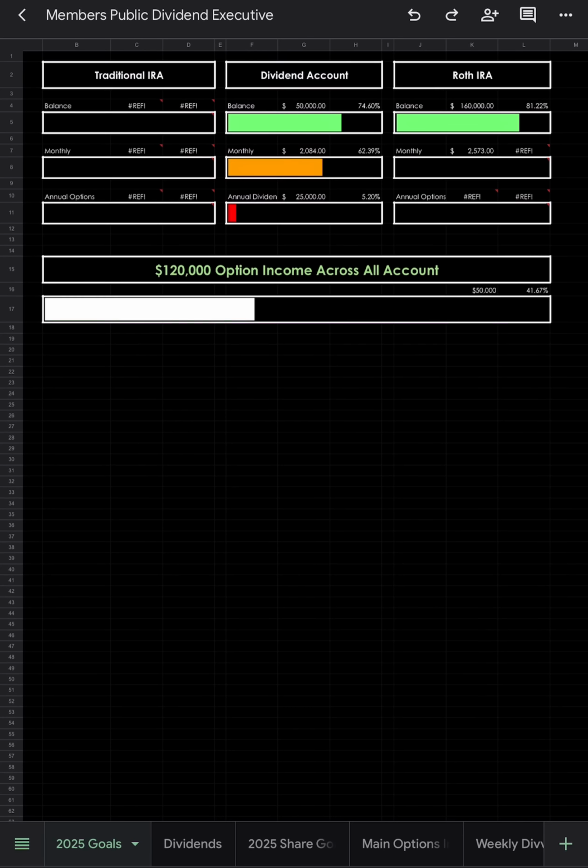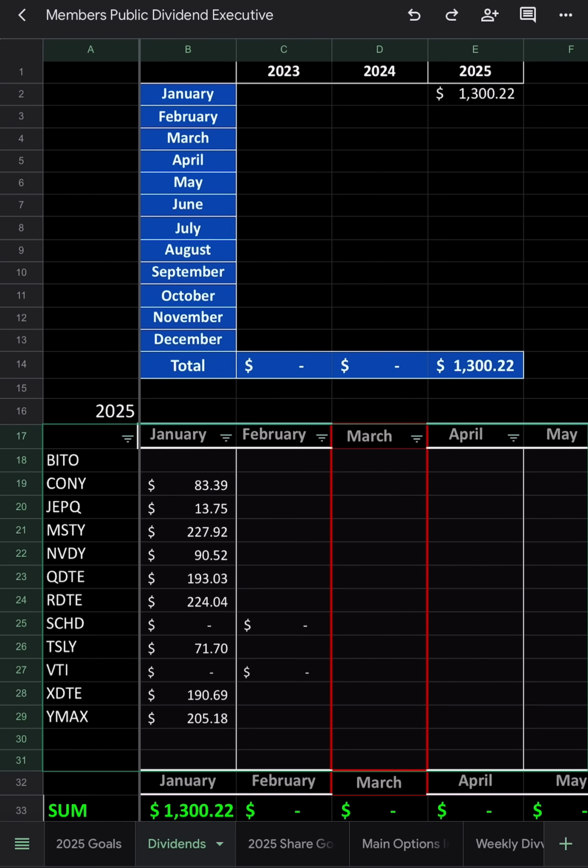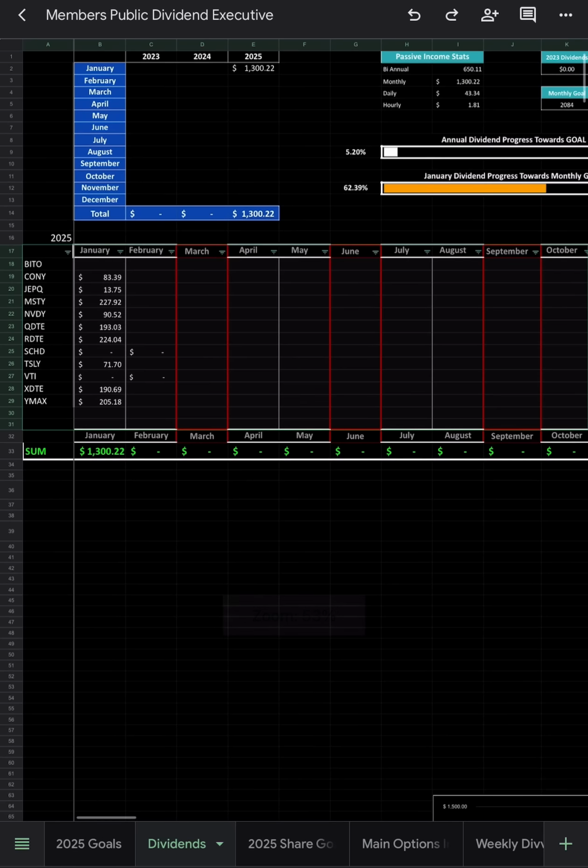So that is the first tab, of course, and you have to retrofit it to your data or to the spreadsheets that you want it to tie to, but a fun little graphical representation of how you are tracking for that goal, right? Now, let's jump into it. You guys see this each and every single week as we update the dividend portfolio. I simplified it. I cut it down. I pulled a bunch of the data out and just showcased